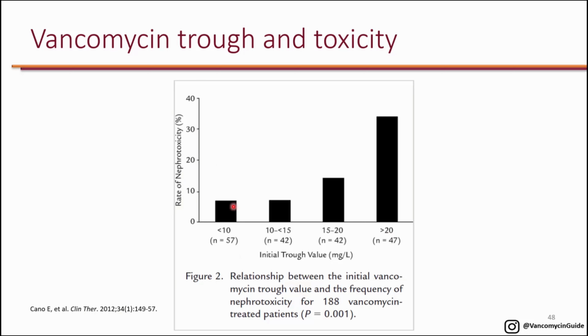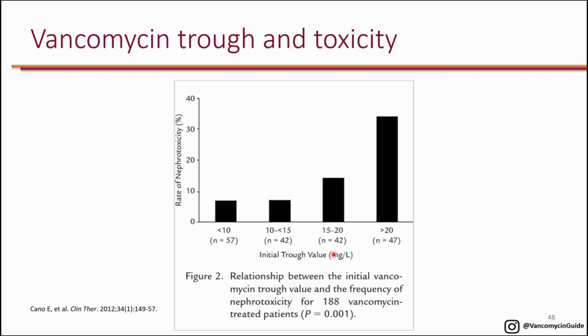You can see that basically there's not much difference if the trough is less than 10 or 10 to 15. However, when the trough starts to go above 15, you start to see an increased risk of nephrotoxicity, which is highest when the level is greater than 20. Because the risk is greatest above 20, you should never have a trough of greater than 20 unless the patient is on continuous infusion. These troughs are only pertinent to intermittent dosing, so these numbers don't apply to continuous infusion. And of course, even 15 to 20 is still more nephrotoxic than 10 to 15, so more reason to avoid